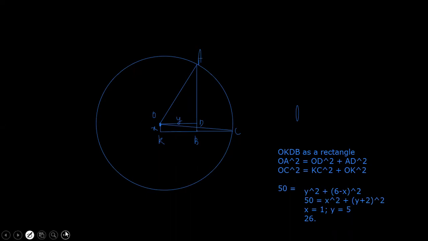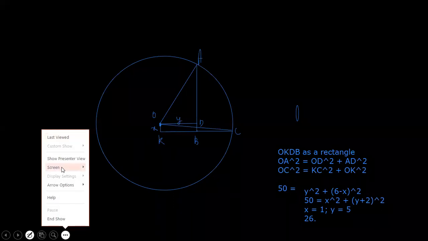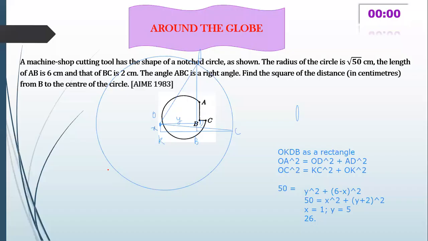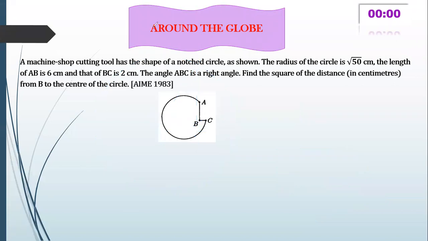Okay, so let me stop this black screen. Let us move to the next problem. So today's problems are actually based on PYQ, so it is lengthy, of course lengthy. Okay, now we have solved AIME previous year question. Now let us move on. Let us see what is waiting next.